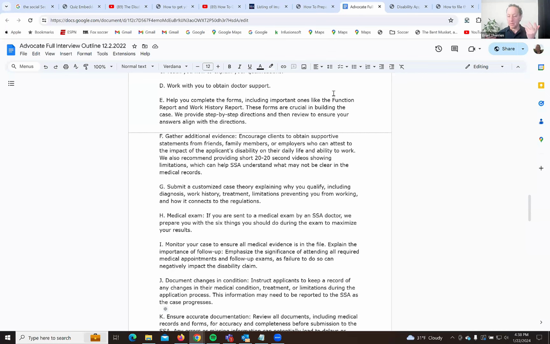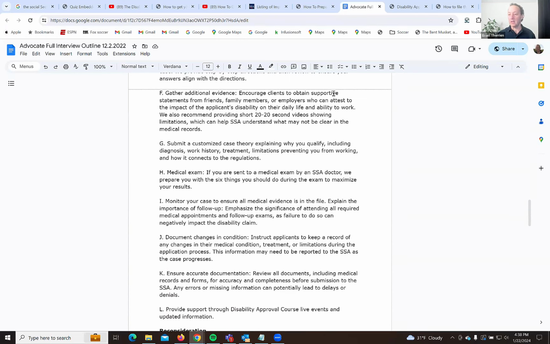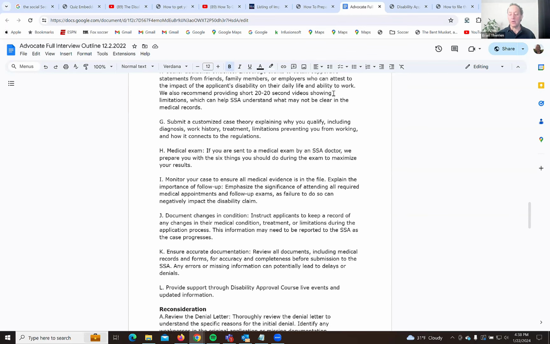Right now, at the time of this recording, there's like 1.1 million cases in the system. And that's a lot of cases. It's usually like around 700,000. So it's very competitive to get your disability benefits. And this is just one thing that a disability representative can do, or in my opinion, should do, like as a full service disability representative, to help you. And that also allows us to be in a situation where when we talk to the case manager, we can communicate that, all right, well, here's the 3 points that we pointed out and the case theory as to why this individual qualifies,